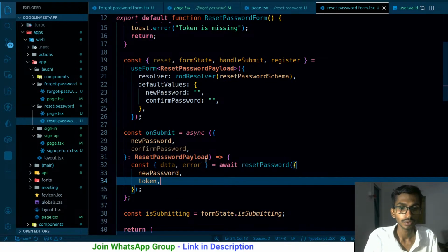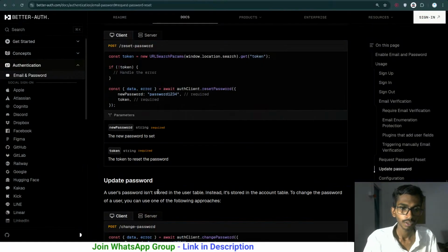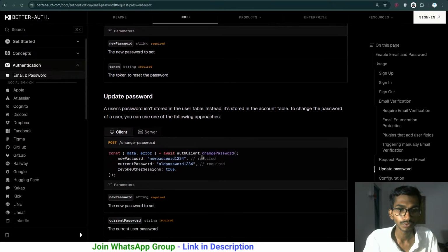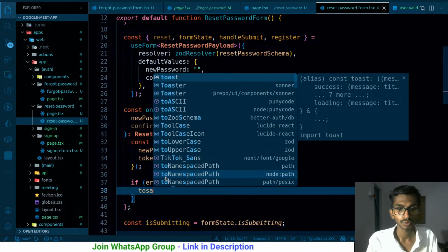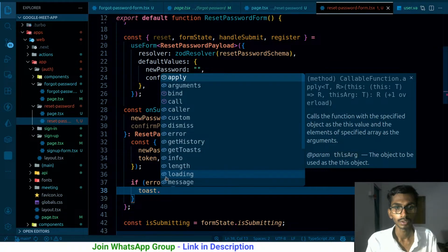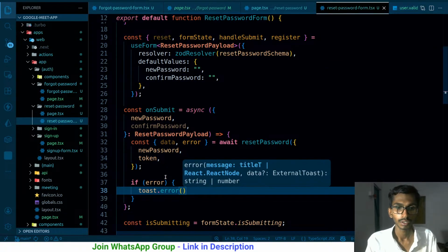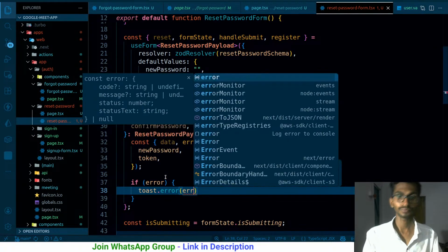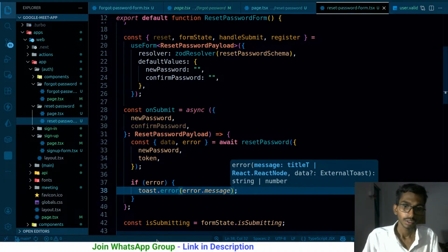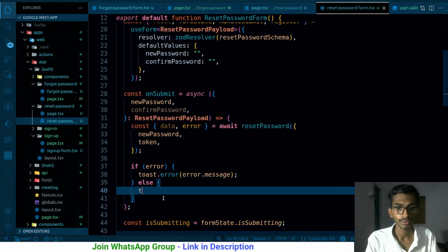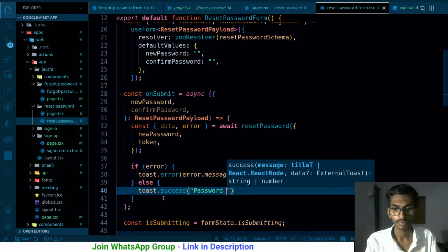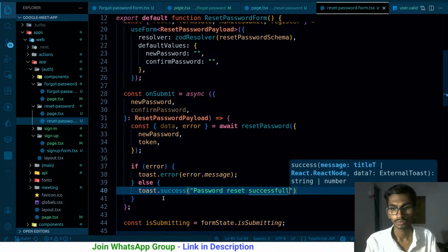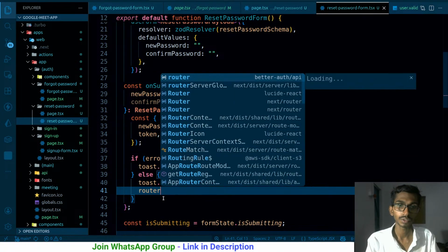I need to provide the token over here. We already have the token. The job is done, and once it is done, that is it. We don't really need to worry about anything. If there is an error, in that case toast.error and error.message, otherwise everything succeeded successfully. In the else case, toast.success, password reset successfully, and router